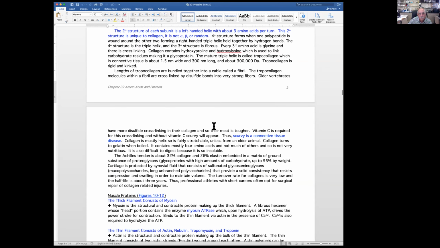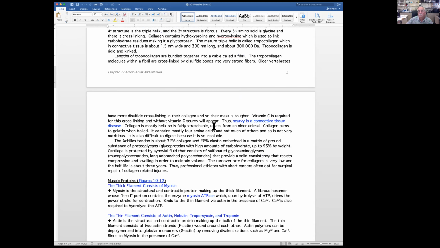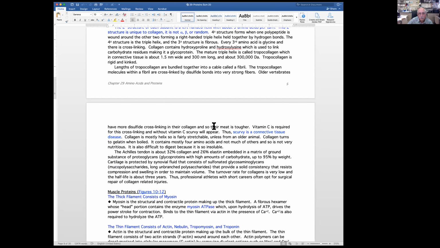Okay, so yeah, we better finish. I just noticed it's 3 o'clock already. Older vertebrates, such as myself, have more disulfide cross-linking in their collagen, so their meat is tougher. Vitamin C is required for that cross-linking. Without vitamin C, you get scurvy. Scurvy is a connective tissue disease. Anyway,